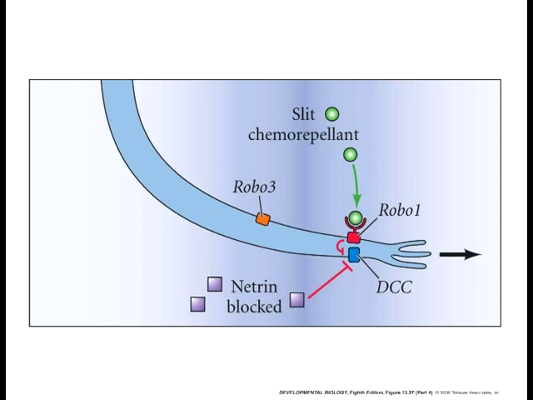Let me go over this again. Initially, you have the receptor, Robo1, in these commissural neurons. Slit is all along this neural tube middle region right here. This prevents the neurons from actually crossing over the lumen at this particular time. It makes it so that they keep going down all the way to the floorplate. Okay? So as long as Slit and Robo are attaching to one another, this will not be able to cross